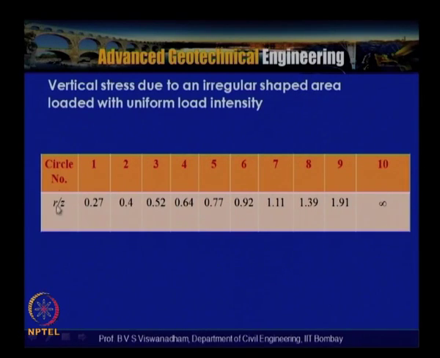be found out. Here in this particular table we have the circle number and the radius R by Z. R by Z is equal to 1 for the first circle, then the second circle, and for the 10th circle the radius is infinity. So by knowing these values we can construct the circles, and once the Newmark chart is ready,